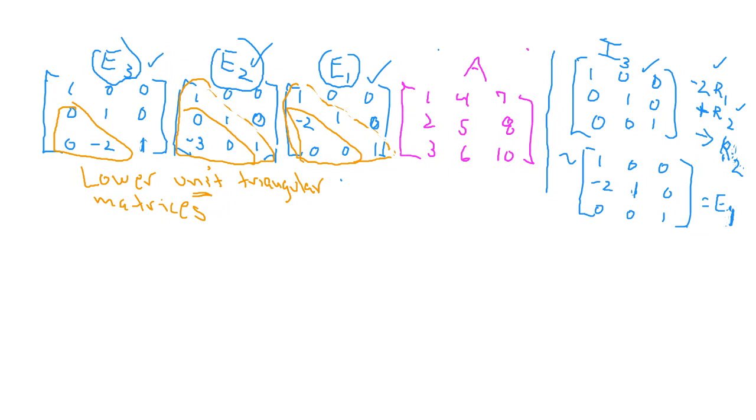Now, what's the effect of taking lower unit triangular matrices and multiplying it by the matrix A? Well, let's take a look here. First off, I'm going to multiply E1 by A. We're going to multiply E1 by the matrix A. When you do that, what's the first row of E1 times the matrix A? What's the first row going to be? So we're doing matrix multiplication. You're taking the first row